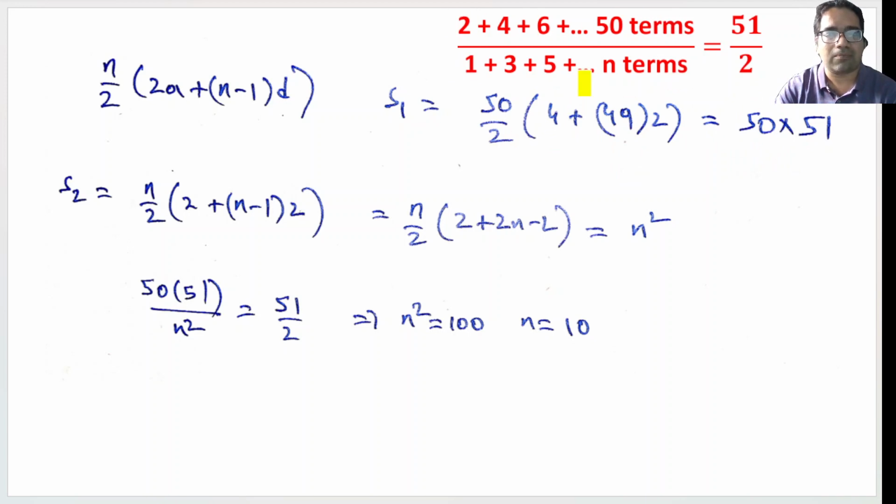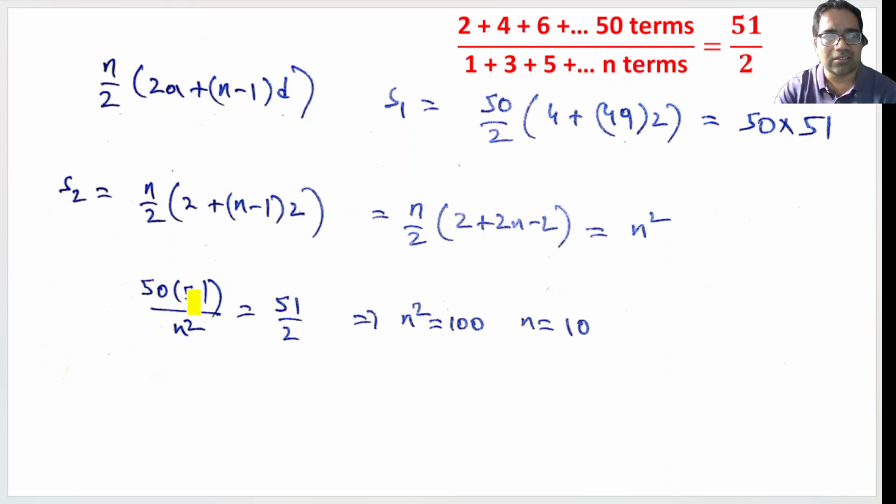What is the denominator? 1 plus 3 plus 5 up to n terms. Again here, n by 2 times 2a, 2 times 1 plus (n minus 1) into d. d is again 2 here. This becomes 2 plus 2n minus 2. The 2 and this 2 will cancel, and we'll be left with n square. This 2 and the denominator 2 will also cancel. So what we are left with is 50 into 51, which is the numerator, by the denominator, which is n square, equals